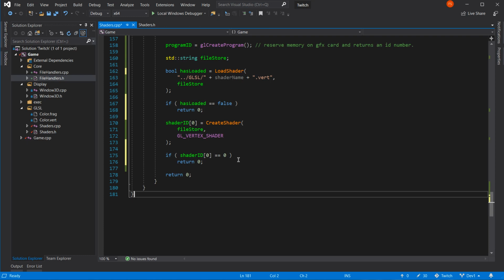File store GL vertex shader. If shader ID 0 equals 0, then return 0. I mean, that sounds stupid. But it is correct. Now it definitely needs an explanation, I think. I think I've gone far enough without any explanations now. Because it makes no sense what I've written. And I wrote it. But it's right.